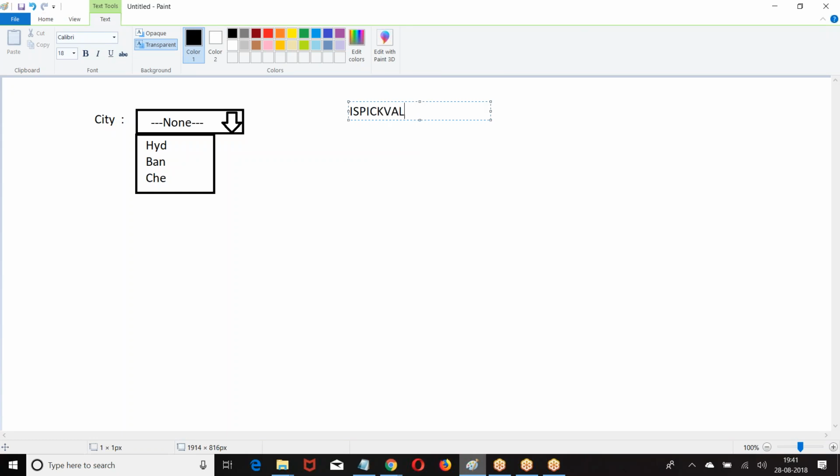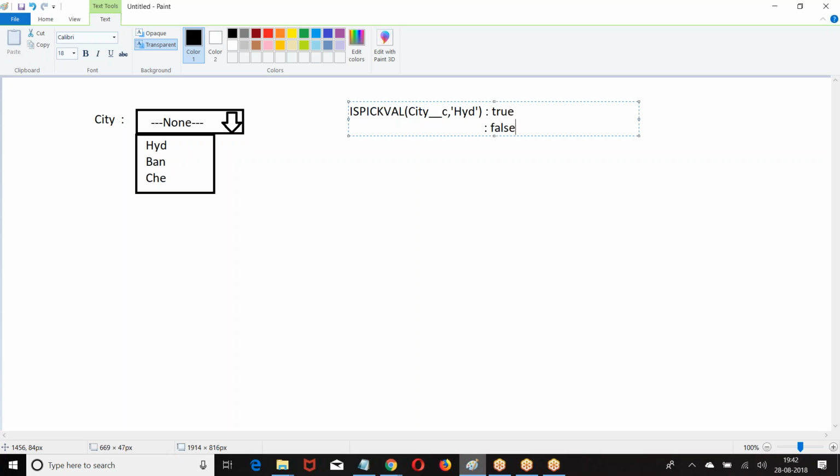IsPickval, name of the field. If the option you selected in the pick list is Hyderabad, or if it is not Hyderabad, now it is only applied for what?